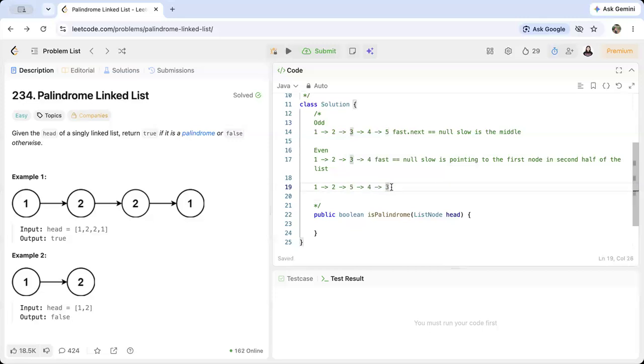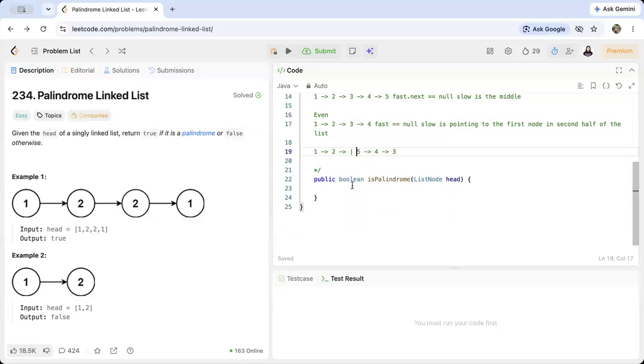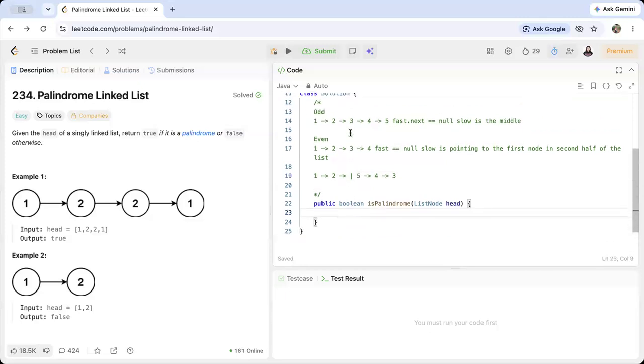So we have to reverse the linked list from the slow pointer. What will happen then is we'll again start checking every node in the first and second half of the linked list. If they match, it is a palindrome. If not, it is not a palindrome. So this is the logic that we are using right here. So for this, firstly,